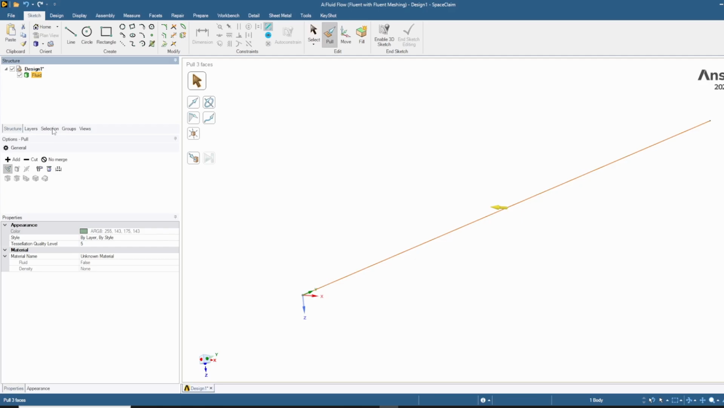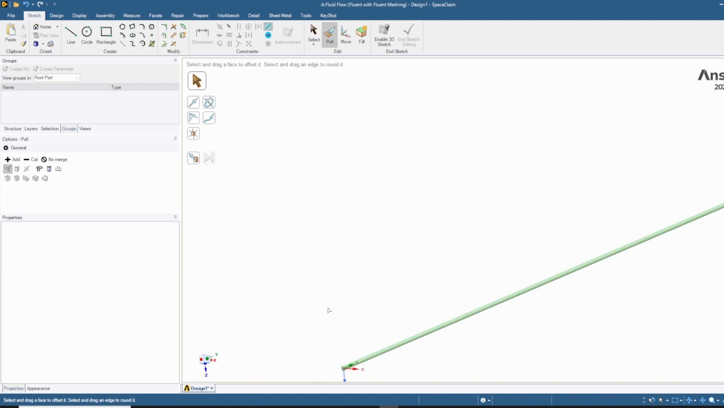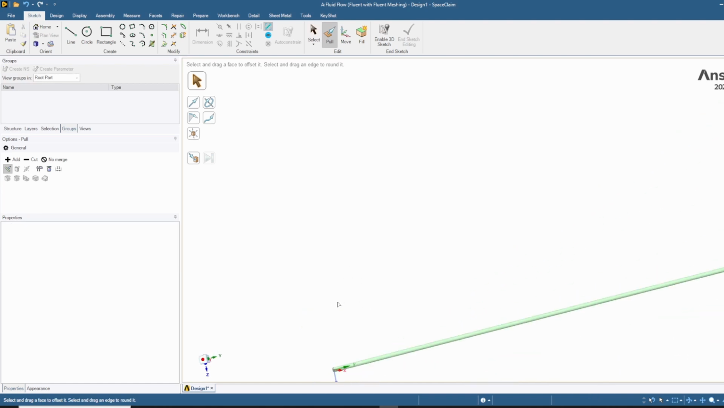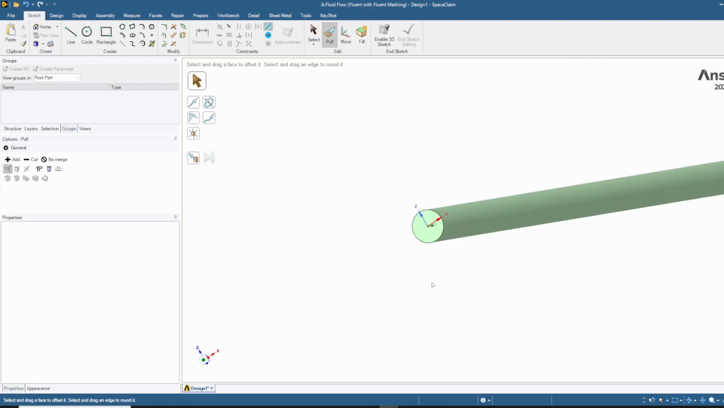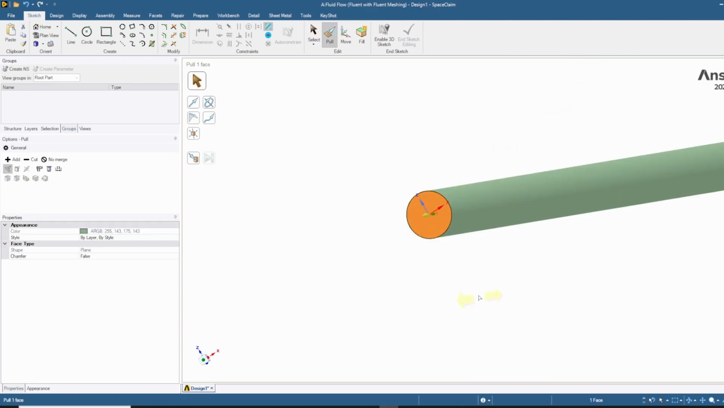And then when we go to groups, okay, this tab here, we go to groups. So if we look here, this is the surface where we will set the inlet, right? So we select the surface or this face, and we click here, create NS. NS is name selection. So we click here,